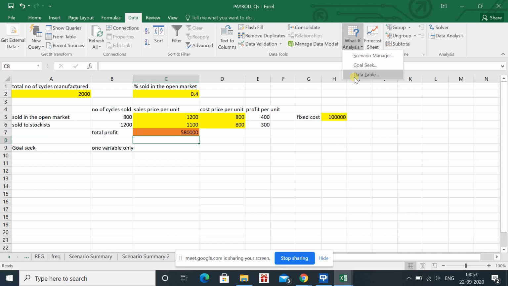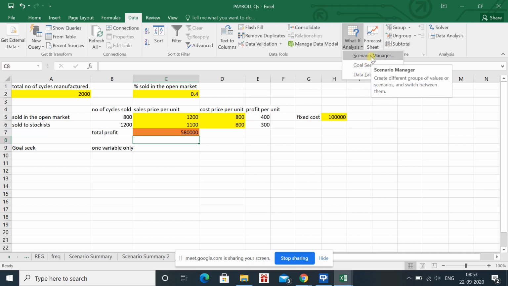One input and two inputs for multiple, means you want to change one variable or two variables and want to see the multiple outputs for those one or two variables. In that case you will use the data tables, and in case of goal seek one variable will change and one output will come. The case of multiple outputs is applicable in case of data tables.